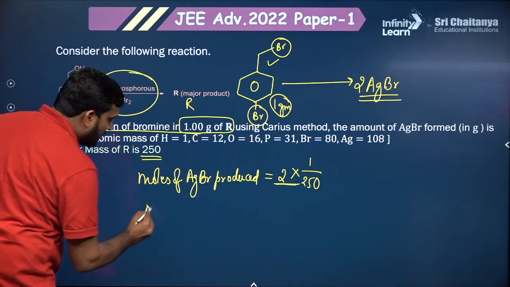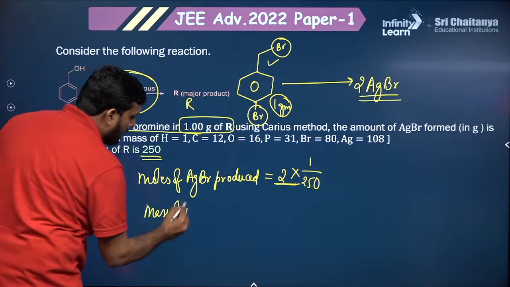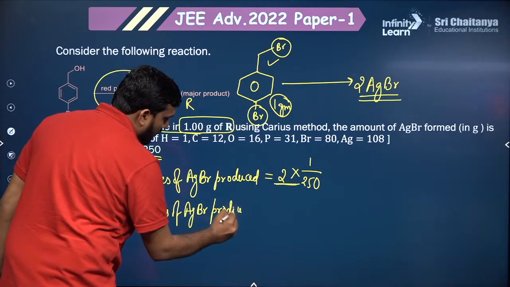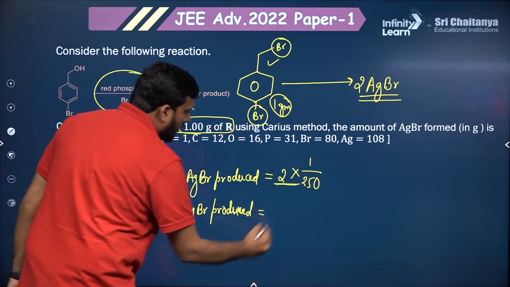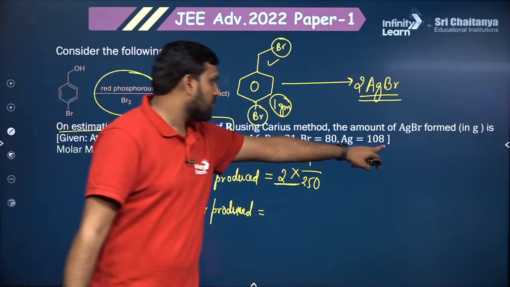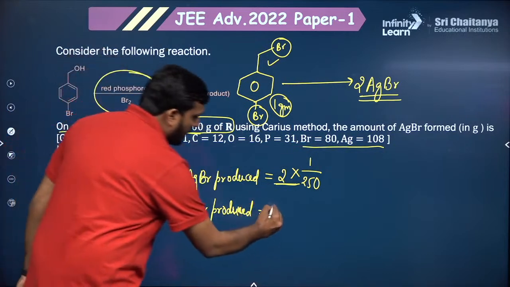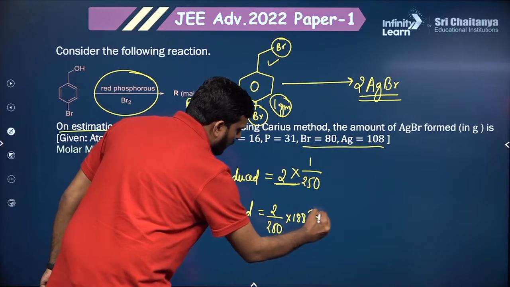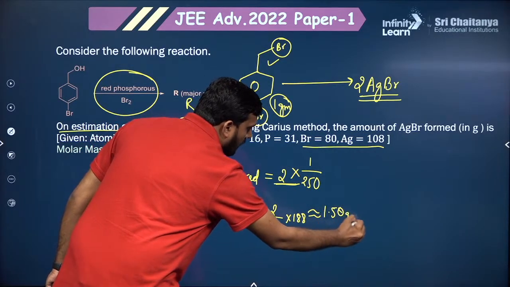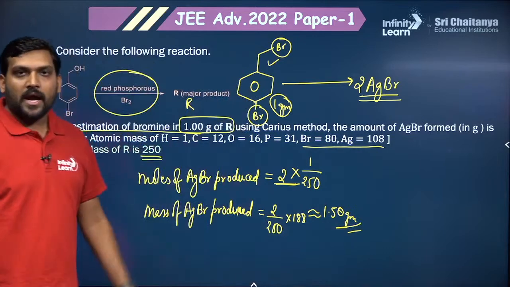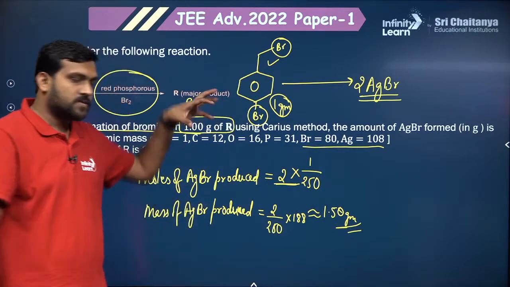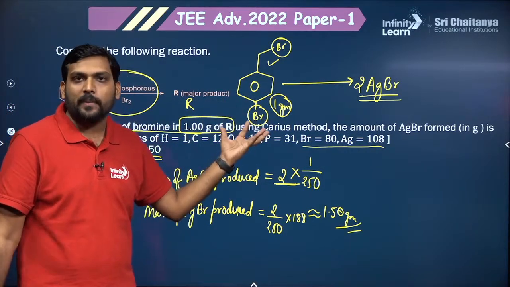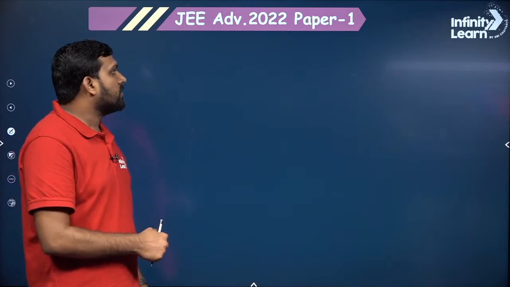So the mass of AgBr produced can be easily calculated. In this question, the mass of AgBr produced will be, because the molar mass of AgBr is 188, 2 upon 250 into 188, which comes out to be approximately 1.50 grams. So this is the correct answer. Okay, I hope this question is clear to everyone. This question is from the Carius method, but it involves a good application of stoichiometry and the mole concept. Okay, so going to the next question,